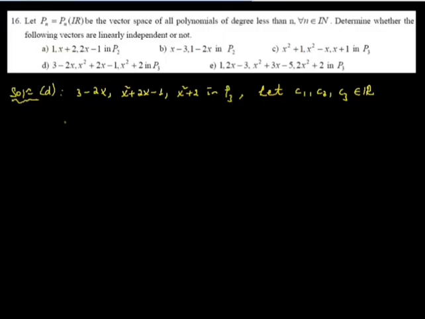Then what will be the values of these c values whenever we have the linear combination: 3 minus 2x, c1 times this one, c2 times x squared plus 2x minus 1, plus c3 times x squared plus 2, is equal